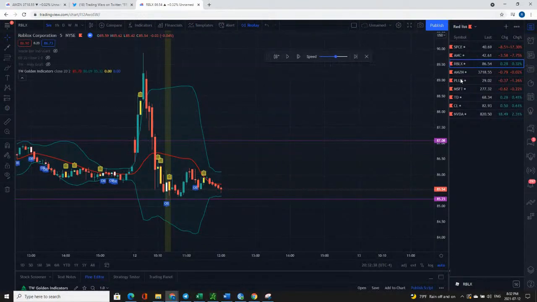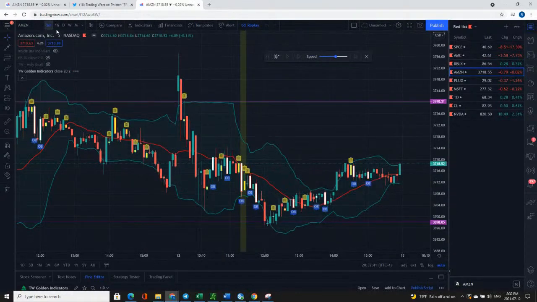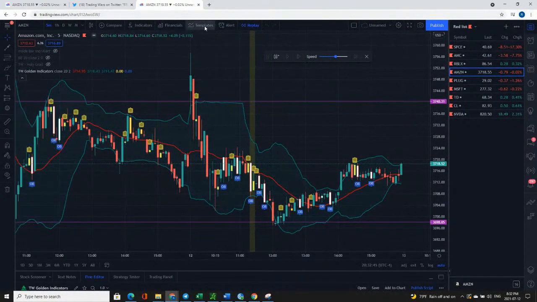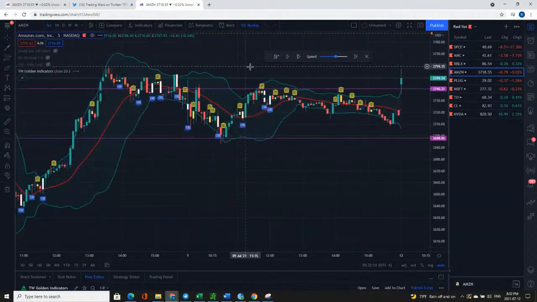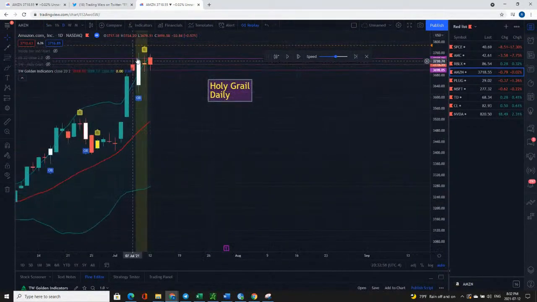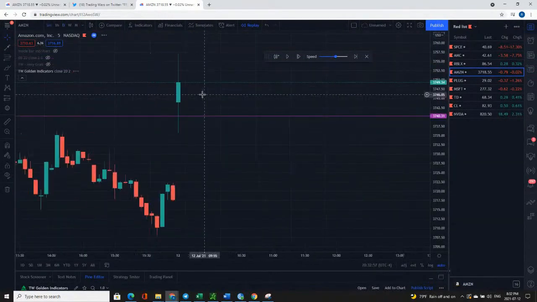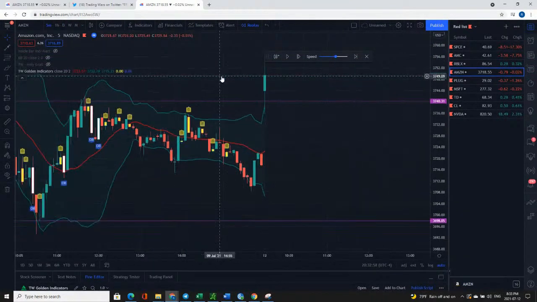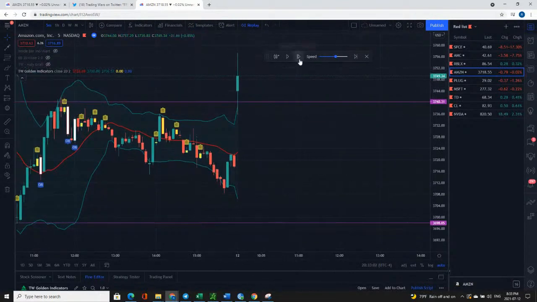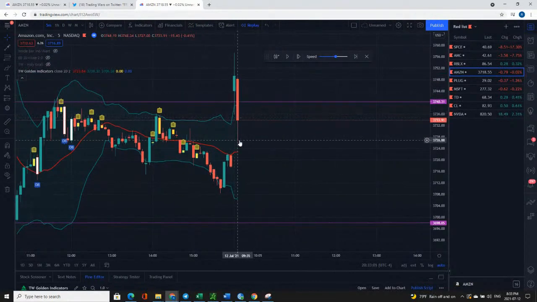Okay. So beautiful. And then the last one I talk about is Amazon. So Amazon was a bit of a false breakout today. So let's hit the replay. Okay. So from the first 5-minute bar, we knew that Amazon actually had a holy grail pattern on the daily chart. So here's the holy grail. Okay. So Amazon started with a gap up, and what we could do here is just like what we always do. We can start off with the opening range breakout. So there we go. Take the opening range breakout there.